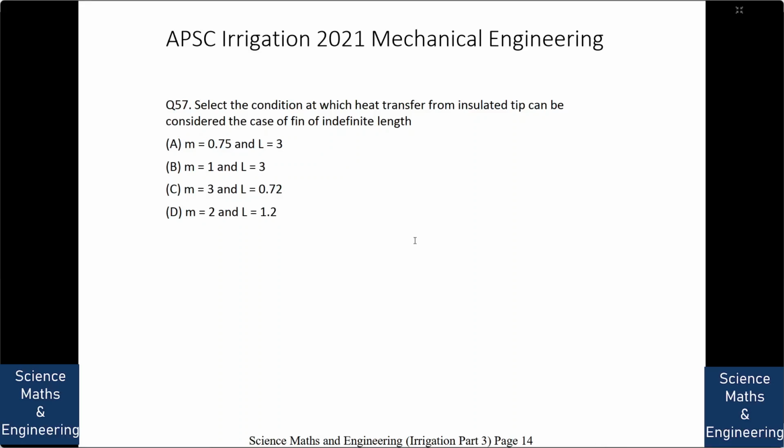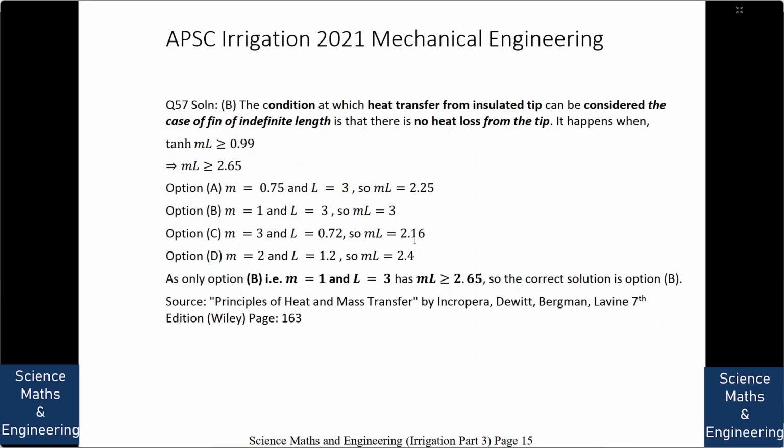Select the condition at which heat transfer from insulated tip can be considered the case of a fin of indefinite length. Here we have some values of m and L, so we need to determine what is the condition. Here it can be considered as the case of a fin of indefinite length. So you can pause and calculate. So the answer is